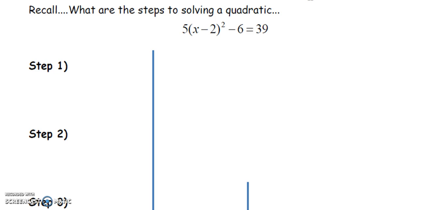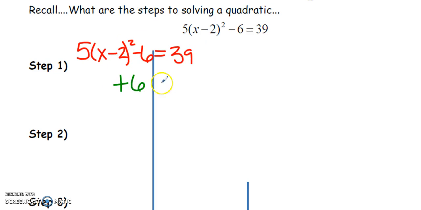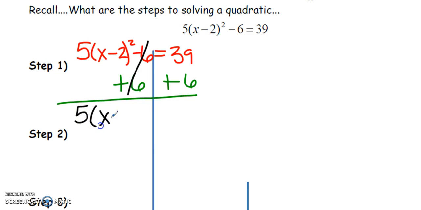So steps to solving a quadratic. We're going to start with getting rid of any guards. So step 1, we're going to get rid of this minus 6 by adding 6 to both sides. I'm going to use this bar here as my t-chart, so I'm just rewriting it. And opposite of subtracting 6 would be to add 6 to both sides. So my new result is 5 parenthesis x minus 2 squared equals, and then we need 39 plus 6, so